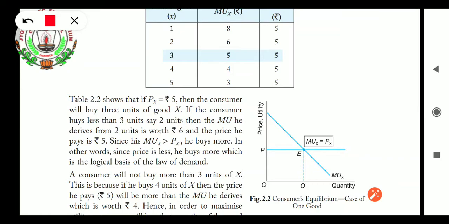When his income matches the total cost of the goods he wants to satisfy his want, definitely in the next level he will not increase his units of consumption. So here is the line from where the consumer cannot think to purchase more units of goods, because his income will start declining as compared to the price of the goods.